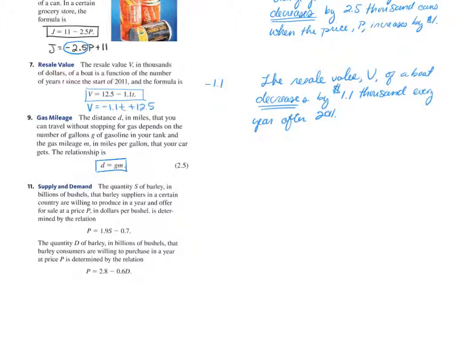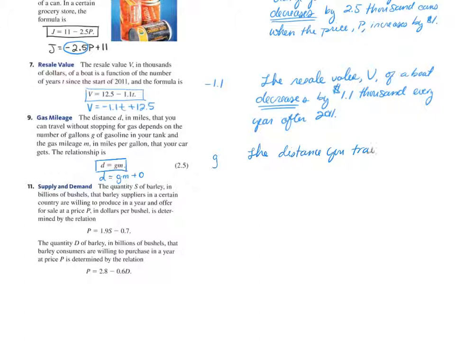But this is a linear function, and I'm going to rewrite this in slope-intercept form so that you can see that the intercept is actually 0. So would you agree with me that this is the same thing as D is equal to G times M plus 0? Okay, so if I write it like this, we can see that the slope is G. So a slope of G means that the distance